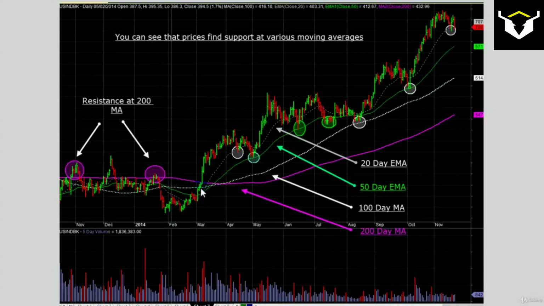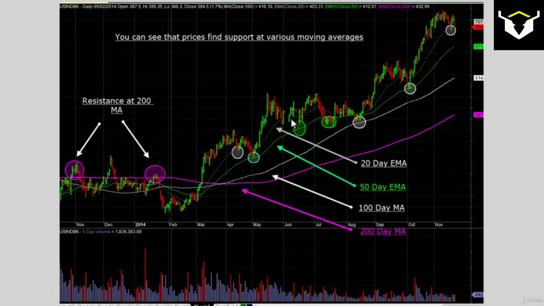Finally, in March, it broke above its 200-day simple moving average, surged higher, reacted, came down, found support at the 20 EMA but could not make a new high, came down, found support at the 50 EMA, made a new high,